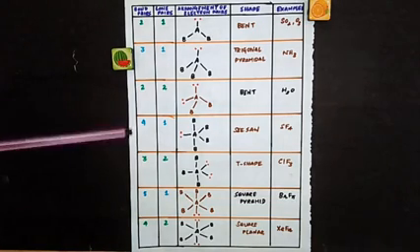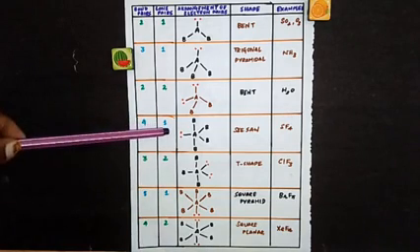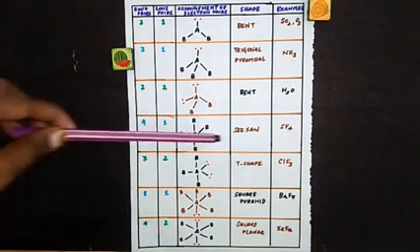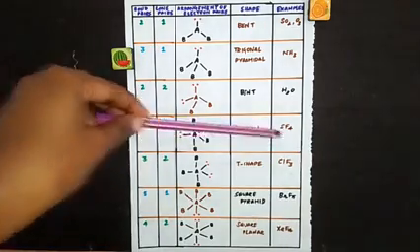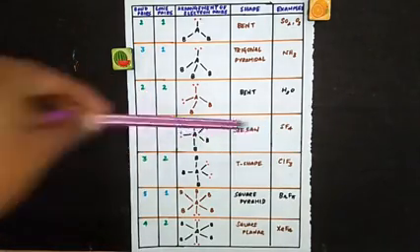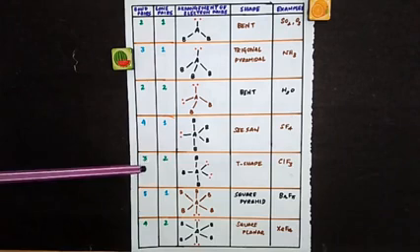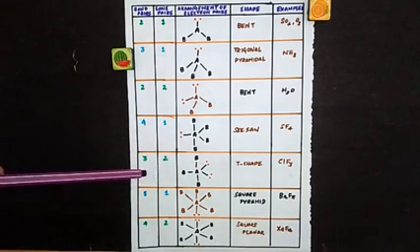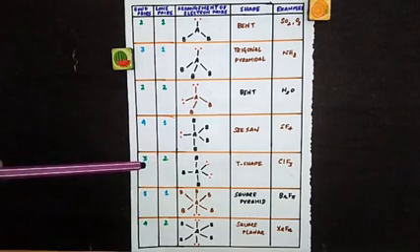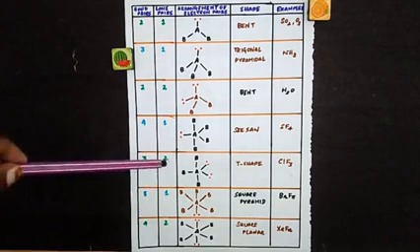So next one, we have 4 bond pairs and 1 lone pair. You have seesaw geometry. This will be the geometry. We call this a seesaw. An example is SF4. And then you have 3 bond pairs and 2 lone pairs. So totally how many electron pairs are there? 5 electron pairs. Out of that, we have 3 bond pairs and 2 lone pairs.